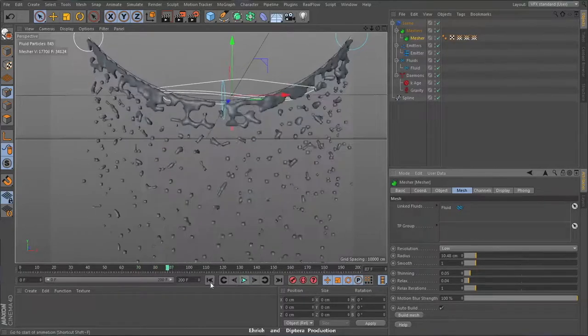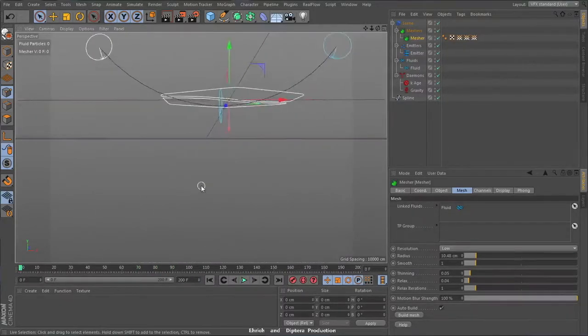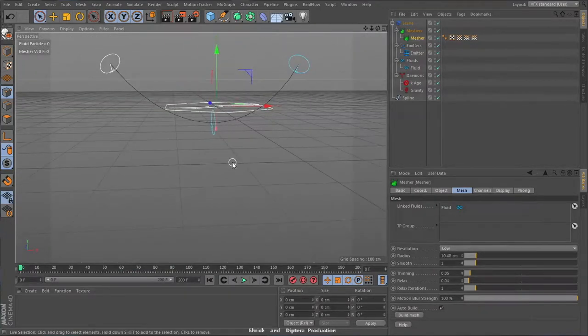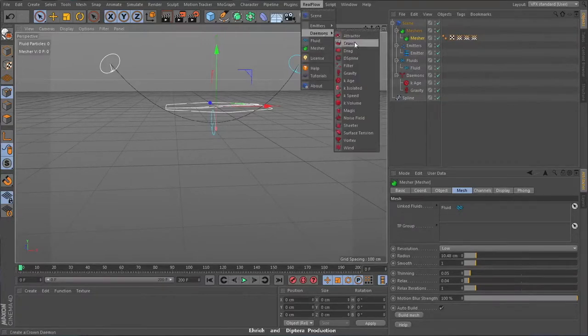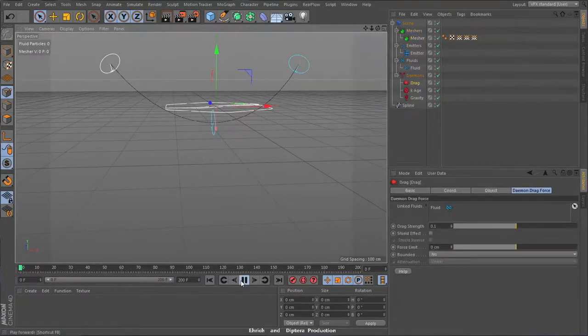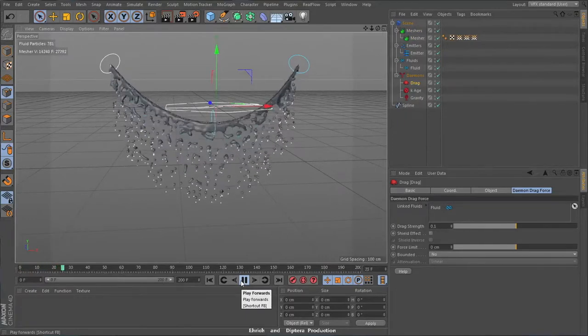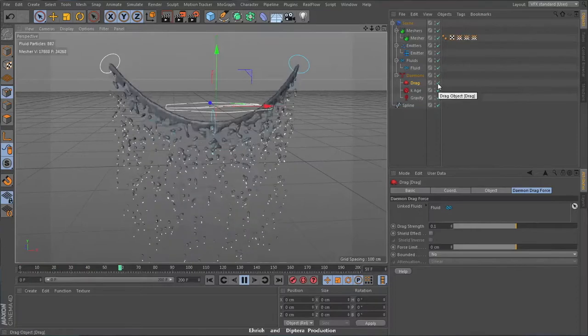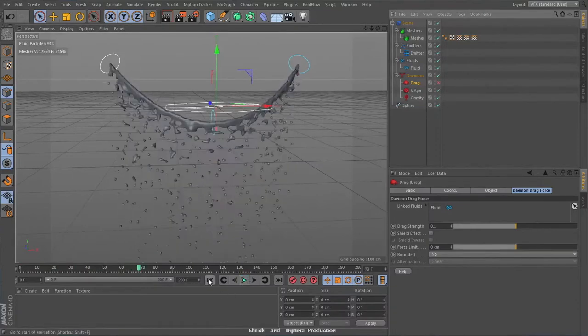All right, this might be as much as you need, but let's experiment a little bit and try some different looks here. Let's try using a drag. Now let's check it out. It's kind of moving a little bit thicker and more syrupy. All right, let's check it out with a